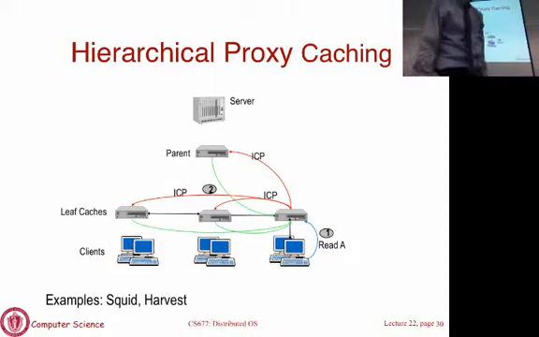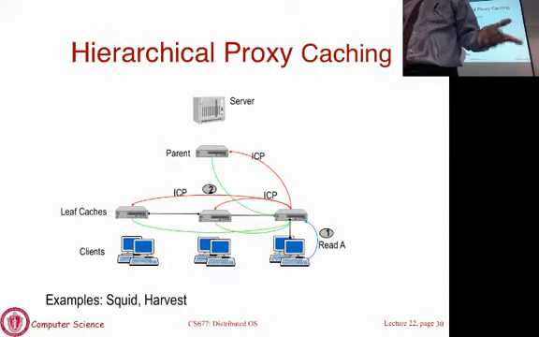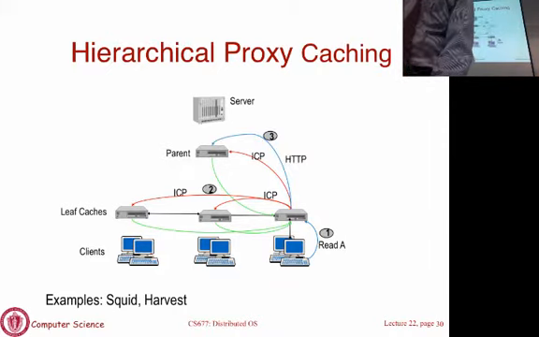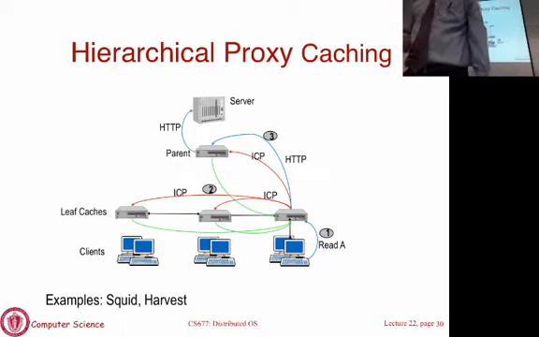Then you are going to get responses, which are going to be yes or no. Let's say initially nobody has the page, so all of the responses are no. Then you basically tell the parent, I cannot find the page, you deal with it. So you forward the HTTP request over to the parent. If this is a multi-level hierarchy, the same thing will repeat recursively. The parent will send ICP messages to its peers and its parent. In this case, there are 2 levels, so you have already reached the root, and there's no recursion here. The parent will simply go to the server and get the page.